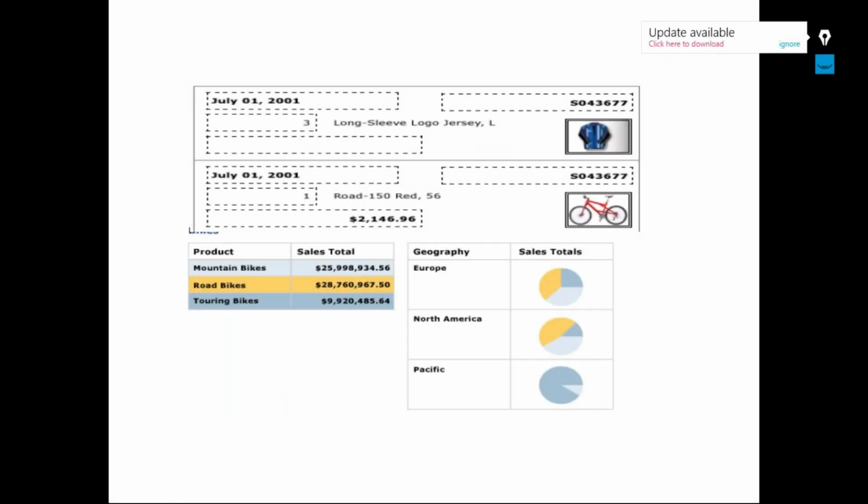And this is a list report. What is the meaning of a list report? We do not have any specific format. Here I have a label, here I have an image, and here I am using a graph. All the different report items I am using in a single report. That is called a list report, or free form of reporting. Example, take your driving license. You have an image, a label, a text box. There's a mix of all the report items, right? So that is called a list report.